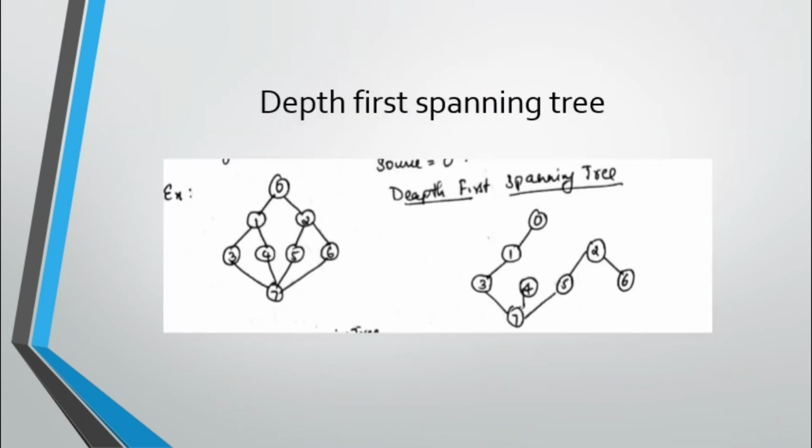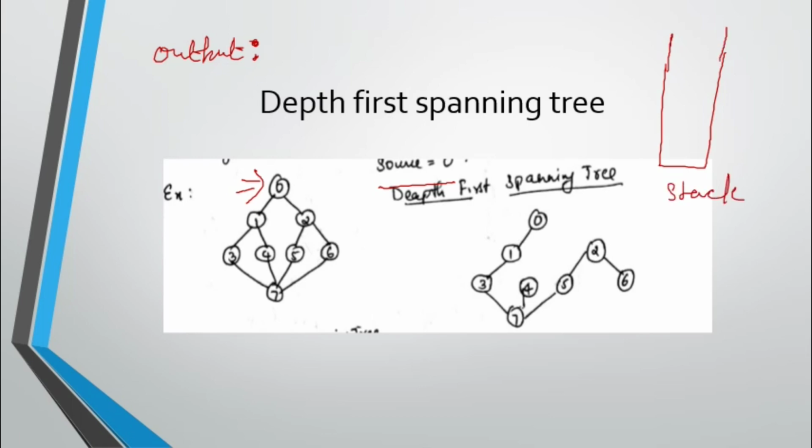Yes, so you can see here the depth first spanning tree example. The source is already given. Source is the beginning starting vertex, so it is 0. We can now write the output here. Our output sequence we can write here for the example, and we can draw our stack here because that is important for us, because otherwise we cannot draw the tree. So we can see how this tree is made. And one more example of our own we can take to understand this concept better.